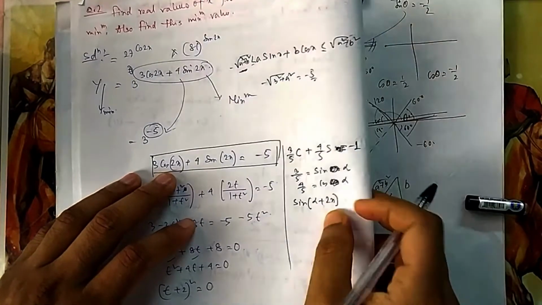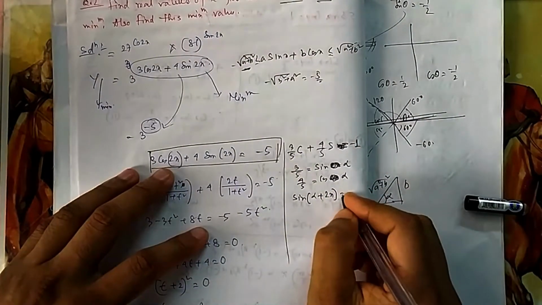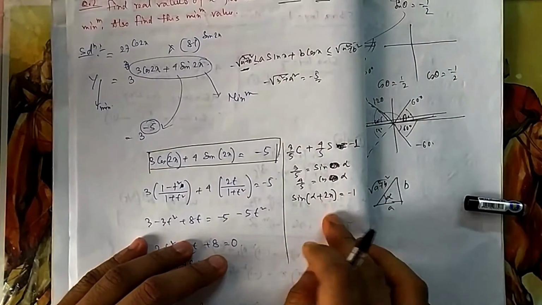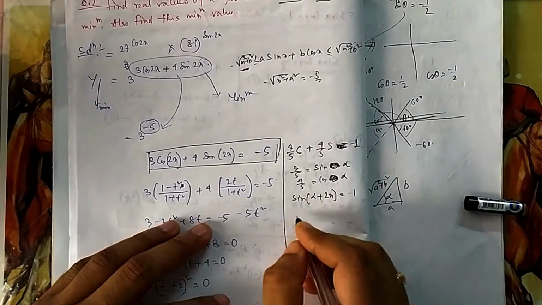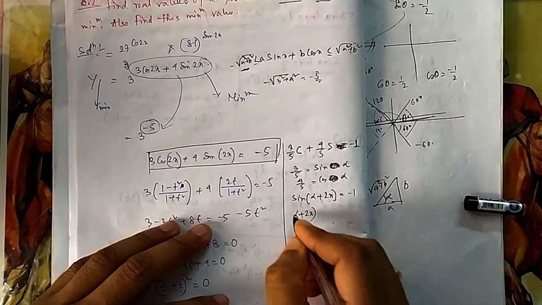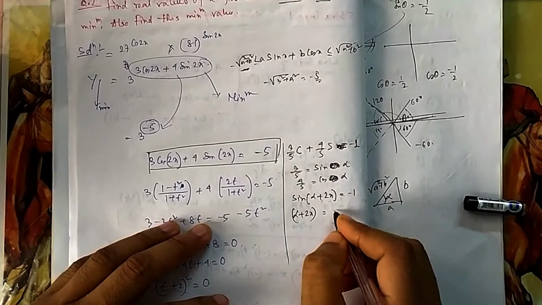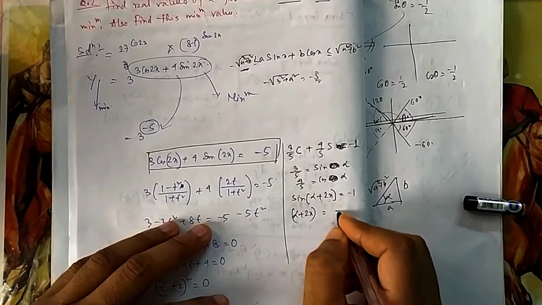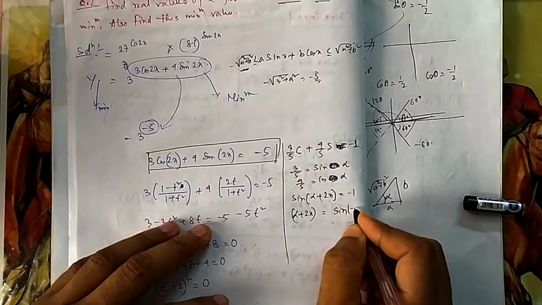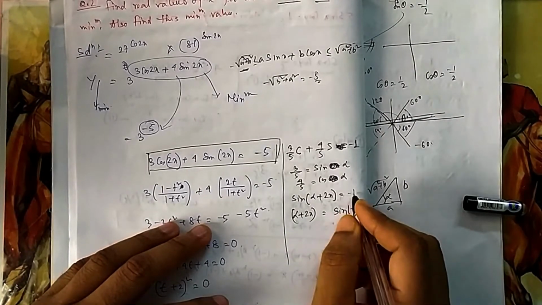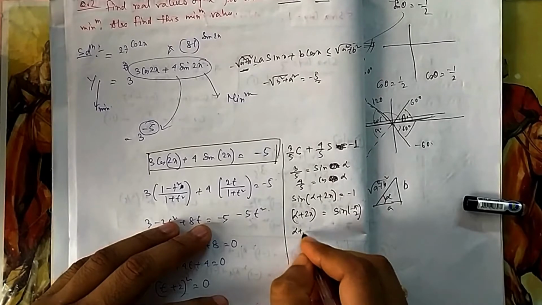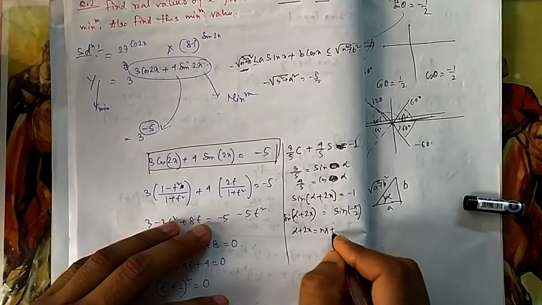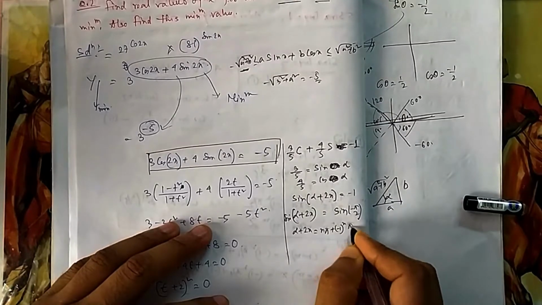You can recall that theory of advance, which you have studied. And this is minus 1. So if you solve it, you will find the answer. I think you can do it. Alpha plus x will be equal to, for sine, what is the principal value of negative 1? It is minus pi by 2. So it is sine of minus pi by 2. For minus, I have considered the second quadrant. So alpha plus x equal to, what is the general value? You can write it as n pi plus minus 1 to the power n into pi by 2.